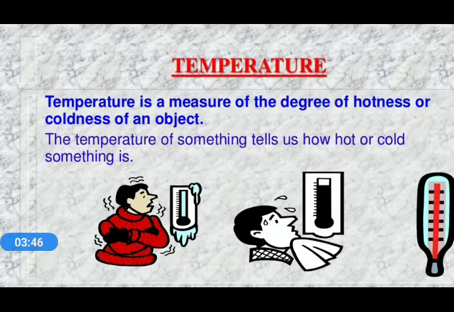As you can see in the pictures, when we see the level of mercury in a thermometer, we are able to decide whether an object is cold or hot. There are also other conditions by which we can come to know whether it is hot or cold. Like in the summer season our body sweats much more, and in winter the sweating is very less. On the basis of such changes in our body also, we can decide whether it is hot or cold.